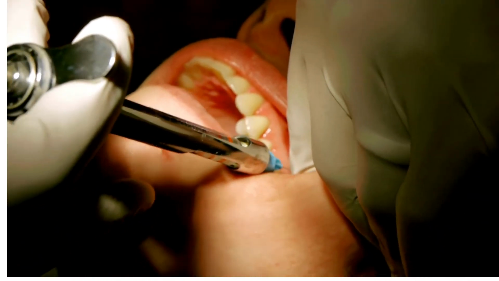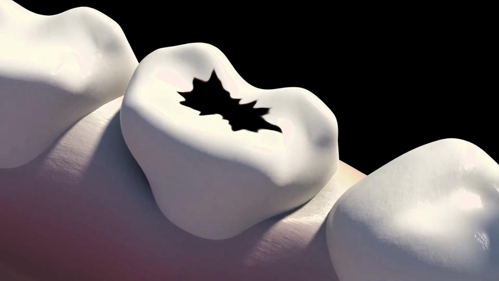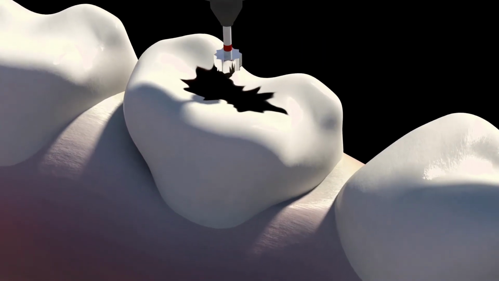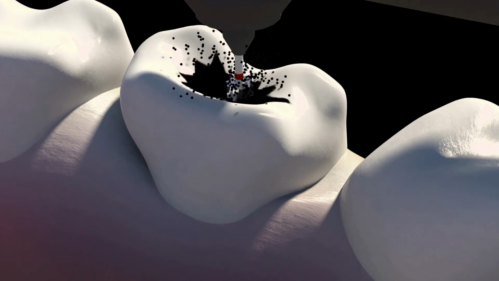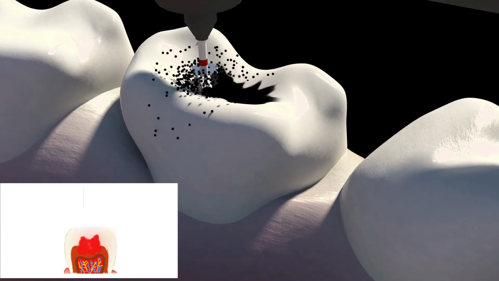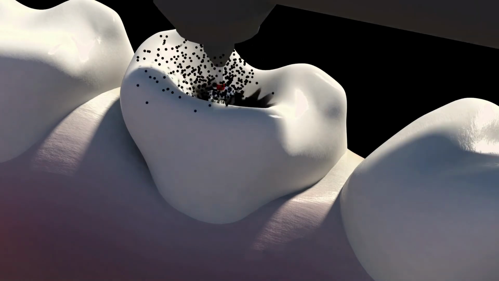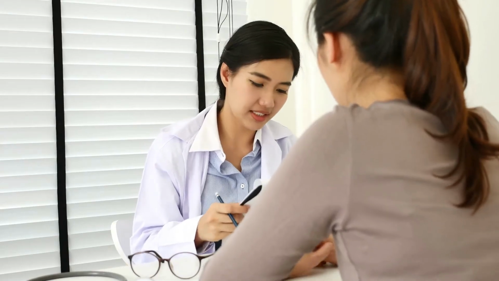Firstly, you will administer local anesthesia and isolate the tooth using a rubber dam. Next, you remove all the undermined enamel using a high-speed handpiece and excavate the soft carious dentine, that is your infected dentine. Stop the excavation as soon as the firm resistance of sound dentine is felt. Apply a liner of calcium hydroxide over this deepest layer of demineralized dentine. Remainder of the cavity is filled with zinc oxide eugenol cement or reinforced glass ionomer cement.